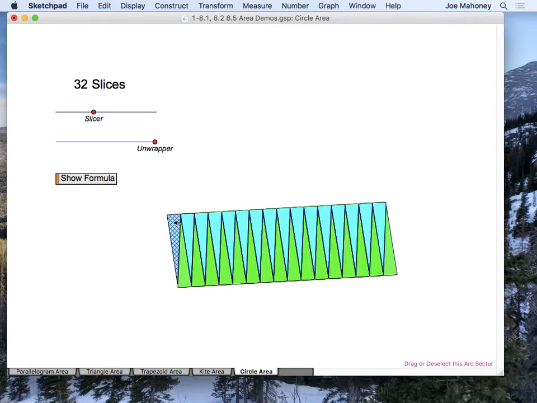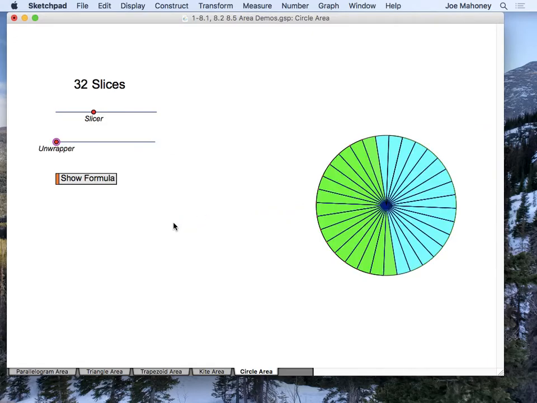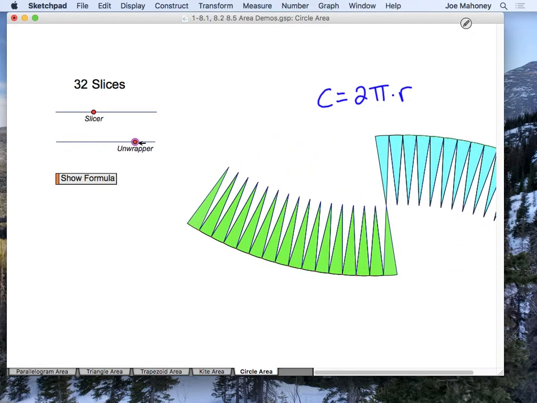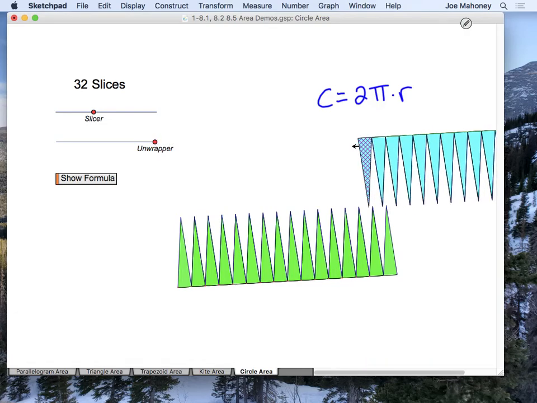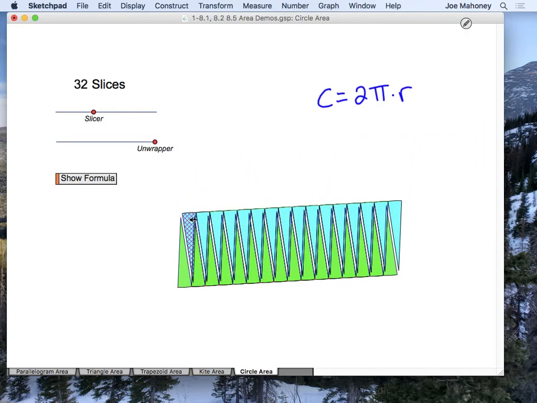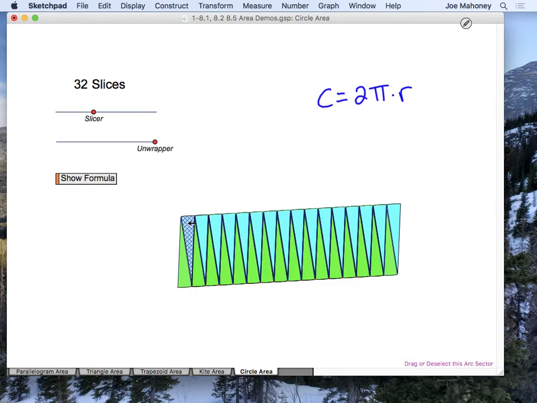All right, well, let's talk about some things that we did first of all. Okay, let me go back a little bit here. So from this part here, remember that the distance all the way around the circle is called the circumference. And circumference is 2 times pi times the radius, 2 pi r. So when I unwrap this thing and I pull this thing over, what I really have, I know it's a parallelogram, but it's not really a parallelogram,